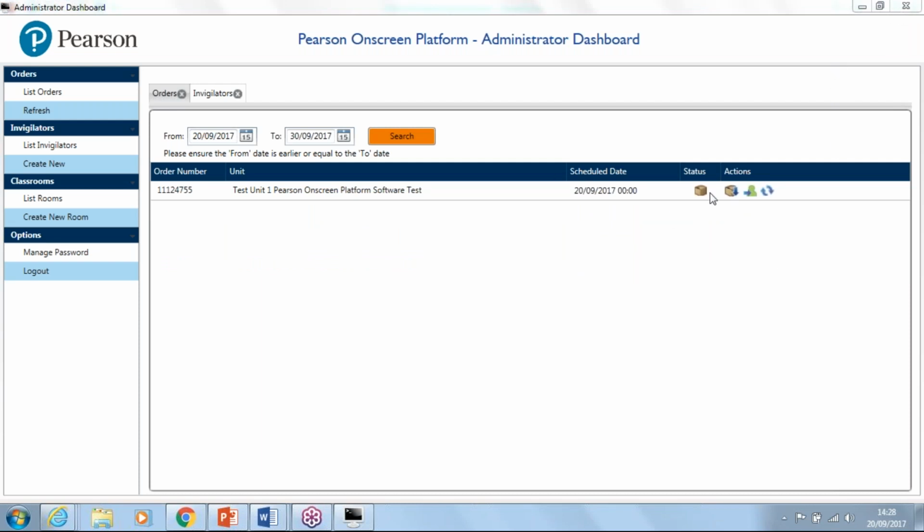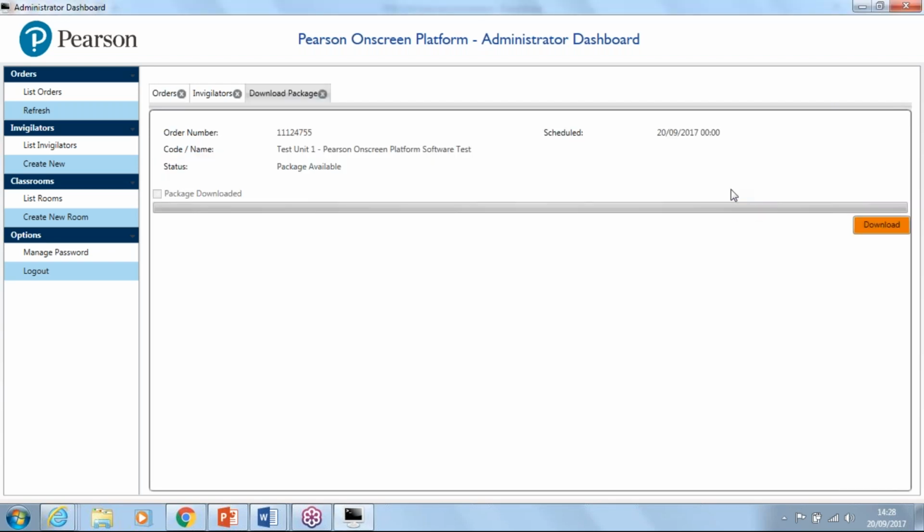So the next stage is to download and prepare the test. You'll see here these icons. We have status, which is the test package that's available to download from our server. And then we have an action. The next action is download package. So if I click download,